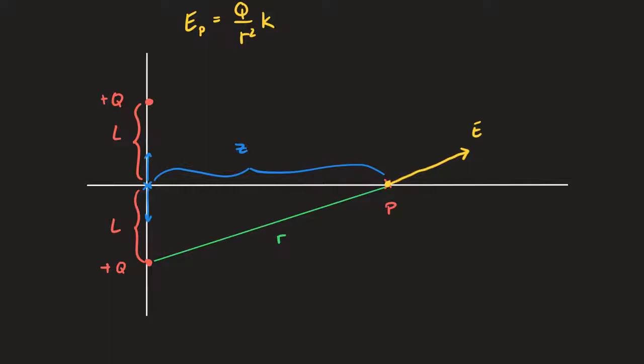Now, that's the direction of the electric field. Normally I would say we should pay attention to that direction. But is that going to be the only contribution to the electric field at that point? No. Can you see that because this is a symmetrical example, we should consider the other contribution at the same time? And the other contribution,